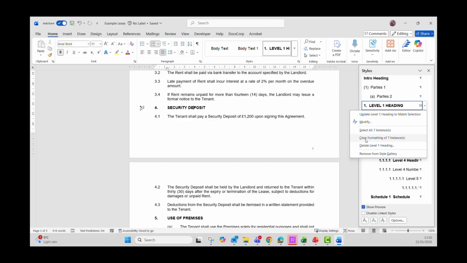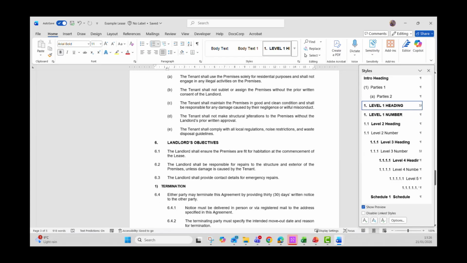It's kind of just resetting it back to zero. And then that means when you start applying your own styles, it should then apply and it gets rid of those issues. Because I sometimes see that, it's not very common, but if you've tried applying the new style and it doesn't look quite right, you can always try clearing that formatting. The other option is to, I think I've got some examples down here actually,